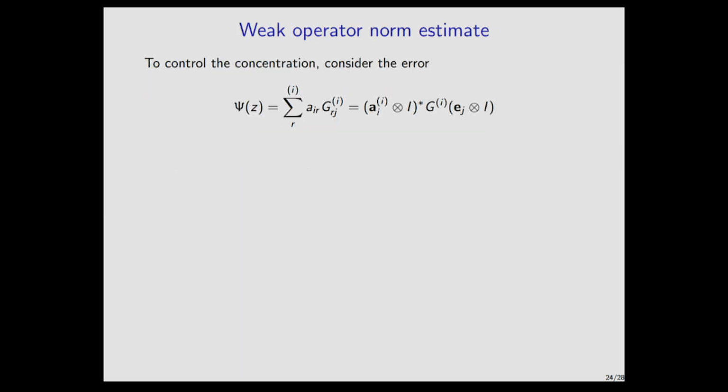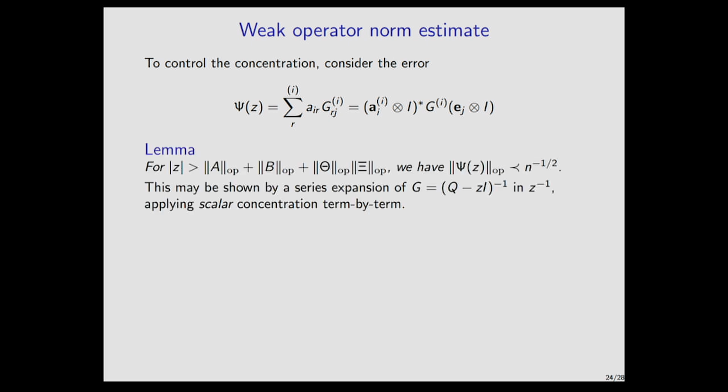Okay, so now let me come back to this issue of the concentration. So how do we actually get this 1 over root n kind of concentration that we need to arrive at this fixed point equation in the first place? As an example, let me just consider one of the errors, which is this linear form kind of concentration. And you can do something similar for the quadratic form. So for the linear form, it looks something like this. Let me call this quantity xi.